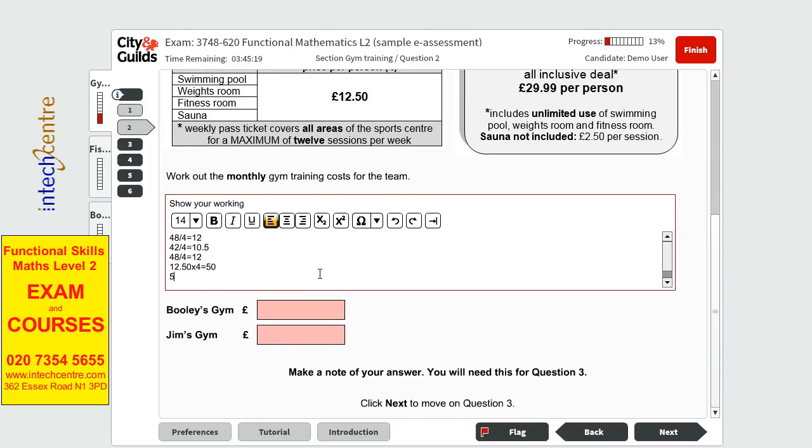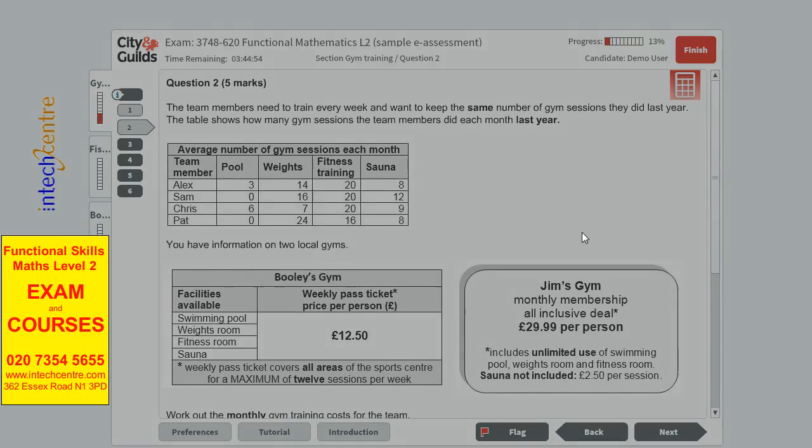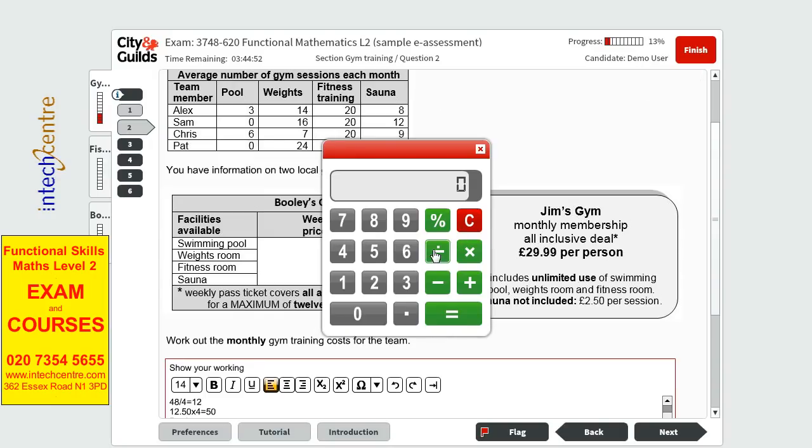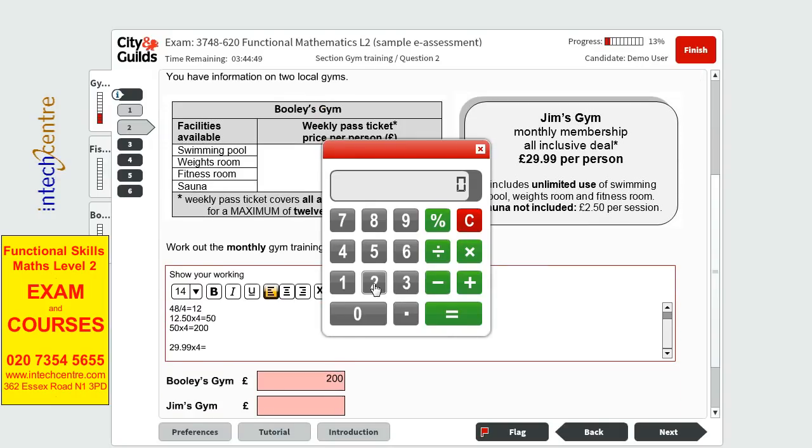And then because it's 4 people, we will have to do 50 times 4, 200. So for one person per week, per month will be £50. And then for 4 people per month, it will be 200 quid. Now let's move on to Jim's Gym. Jim's Gym has a cost of $29.99. Let's find out for 4 people the cost. Find that calculator. So we have 29.99 times 4 and we get